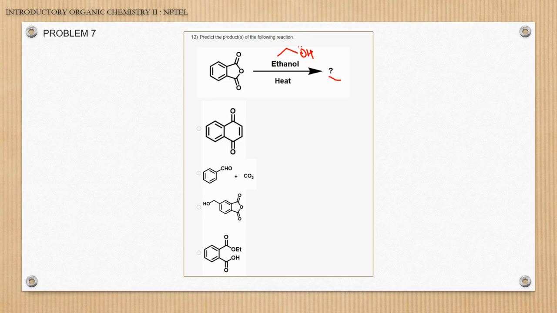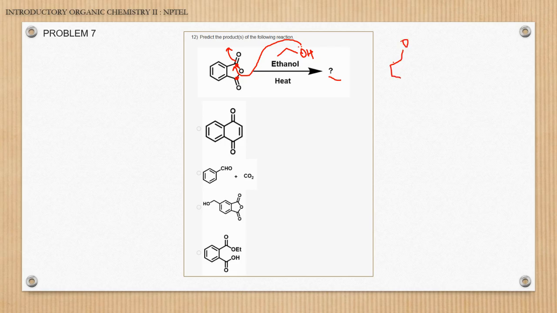You have ethanol, right? So here, as you can see, you have the electrophilic carbonyl carbons, right? Both are symmetrical, so this molecule is symmetrical. So the attack of this nucleophile will take place on either of these carbonyl carbons. It doesn't matter on which it takes place. So if it is attacking on this carbonyl carbon, then what will happen? I'm just writing the core part,